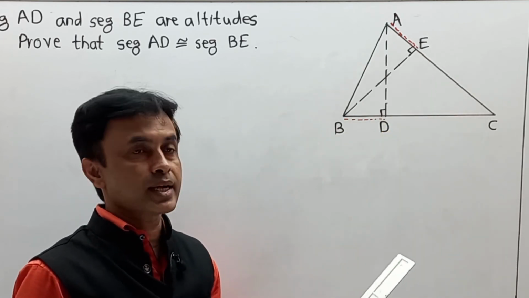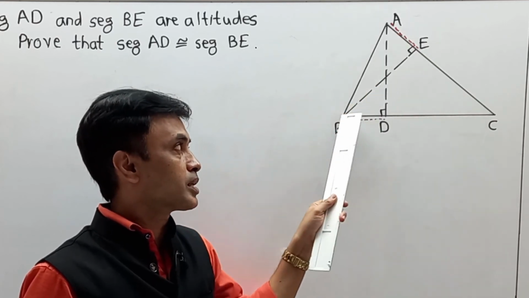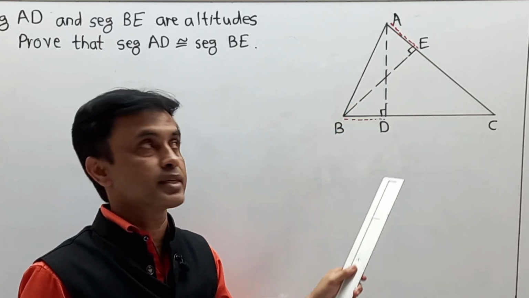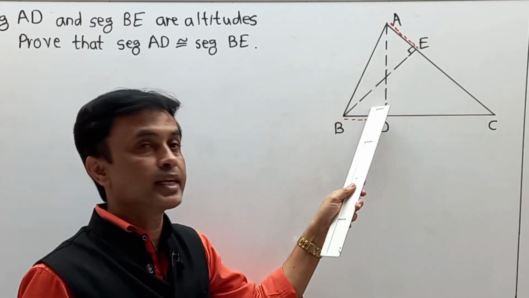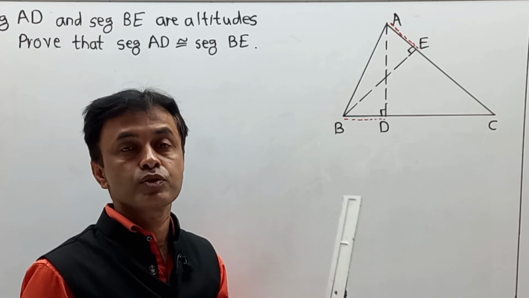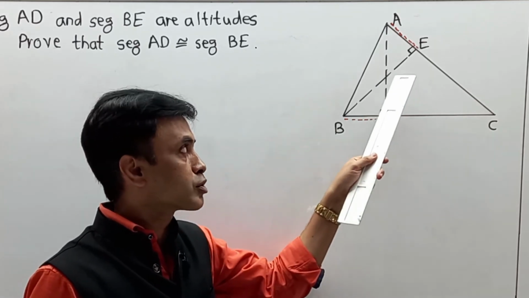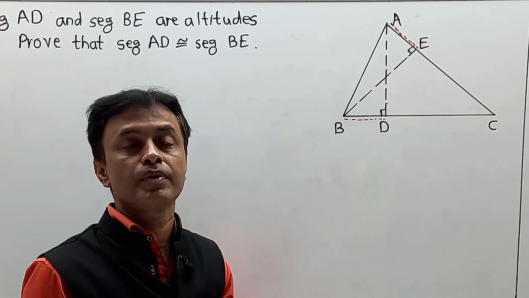Now here the part is that one angle is a 90, one angle is a 90. One side is congruent, another side is congruent. That we can see. Means angle E and angle D are 90, yes, we can show. AE equal to BD they have given, so we can show. But what about the third part or third side? We are not getting it. Also, if you observe this diagram like this, you never understand the part to prove.